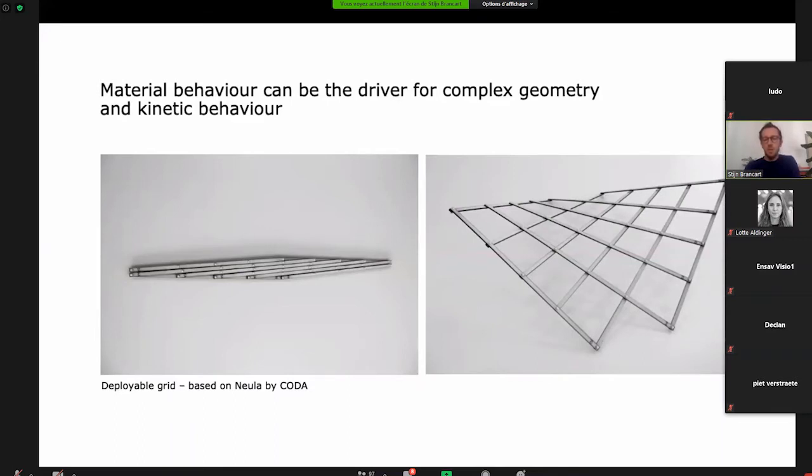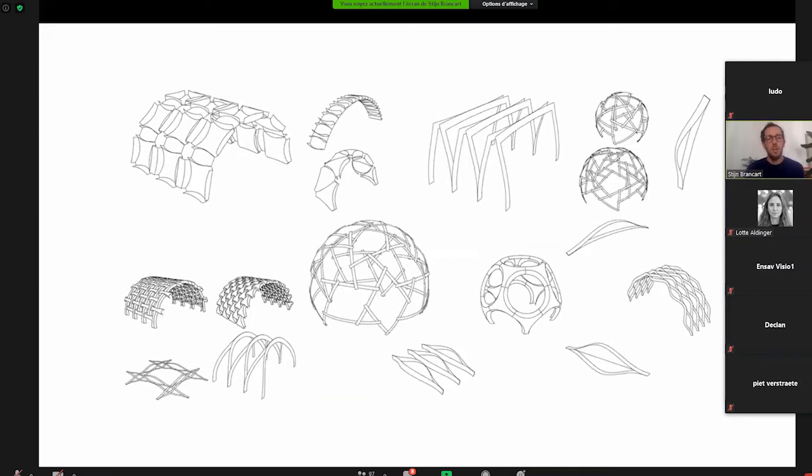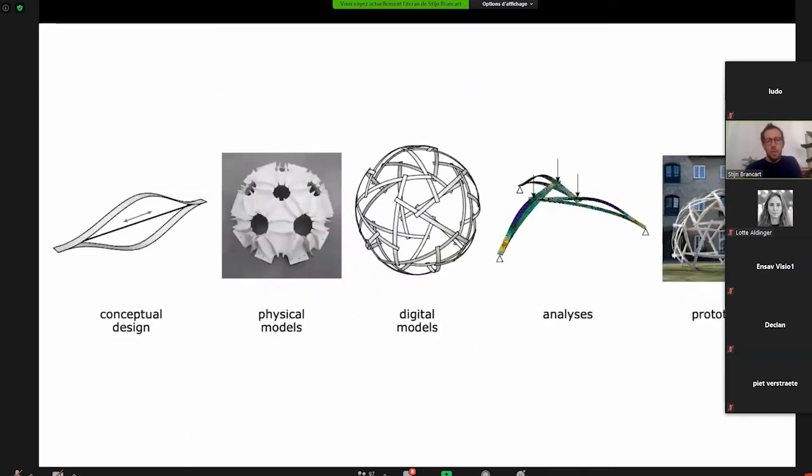So these things motivated me and my supervisor doing the research to go look for different systems. We always use this word system instead of structure, because it's really about thinking in a systemic way, where we can combine this idea of bending active structures with the concepts of transformability, reusability, deployability, and so on. And we use different tools for that. And one thing that we always realized when we were working with bending active structures, although sometimes what happens is quite complex